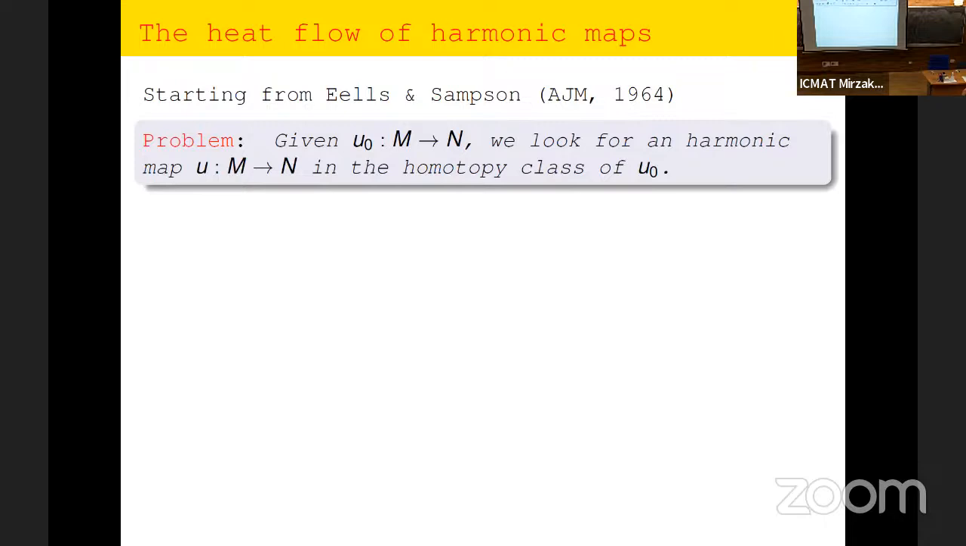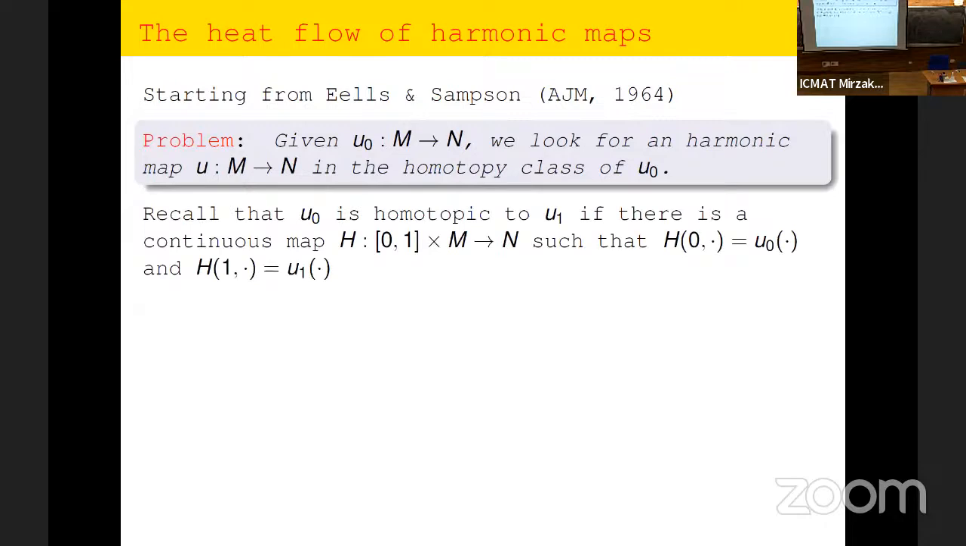So what does it mean to look for a map in the homotopy class of U0? It means that U1 is said to be homotopic to U0 if you can deform it continuously with a homotopy. And so an idea to attack this problem, since by minimization this homotopy maybe is not conserved, well,